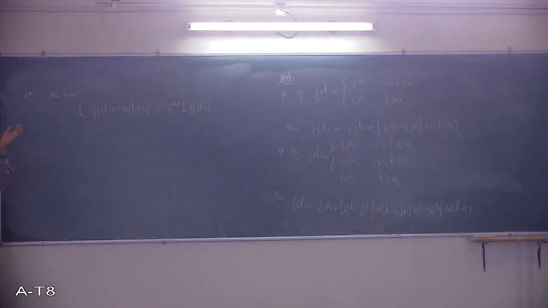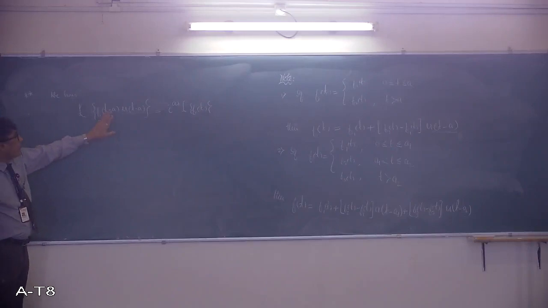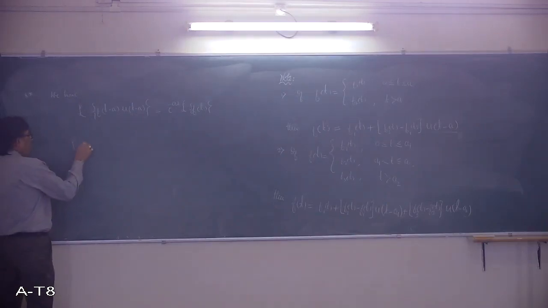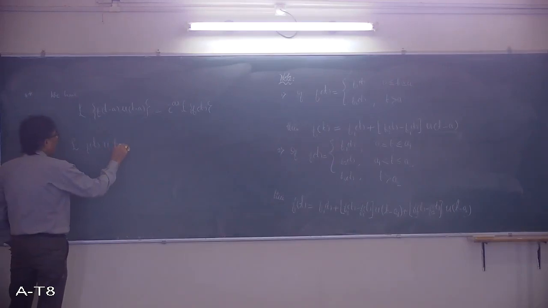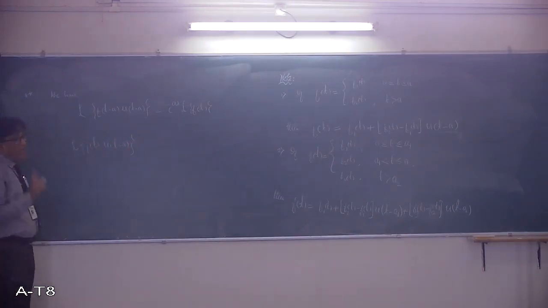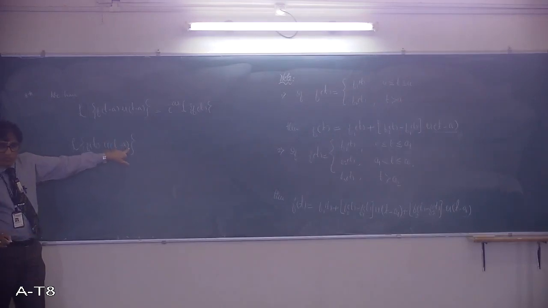Now, theoretically, this is the function and this is the unit step function. But practically what will it be? The most important is this one. Try to remember: if it is f of t into u of t minus a, the unit step is multiplied only by f of t, such as sin t into u of t minus pi, or t square into u of t minus 2. So means